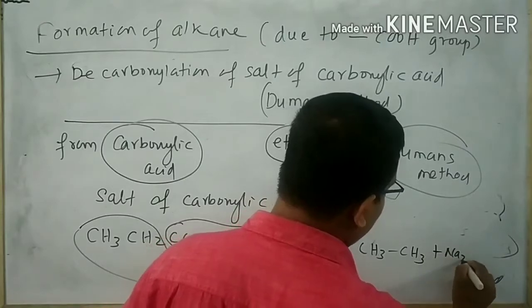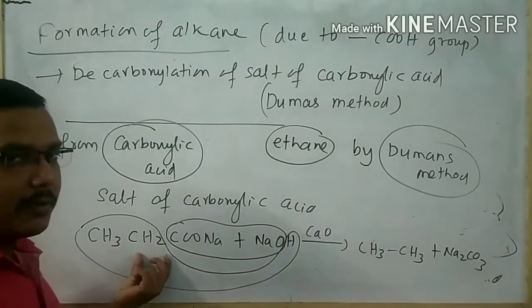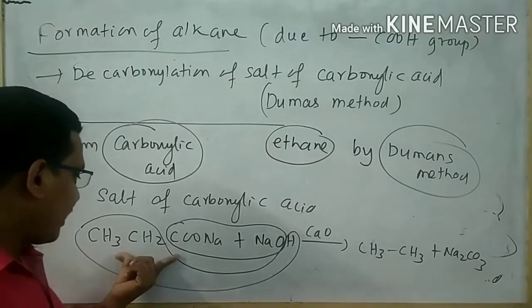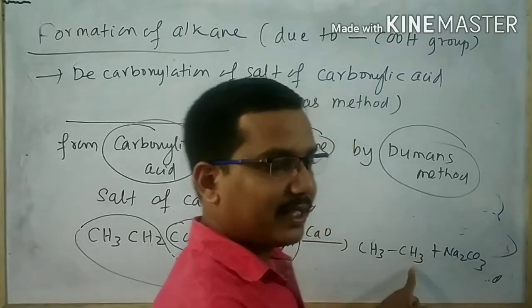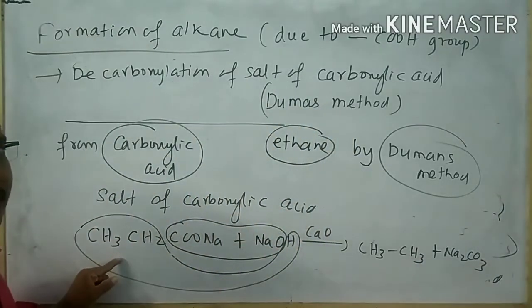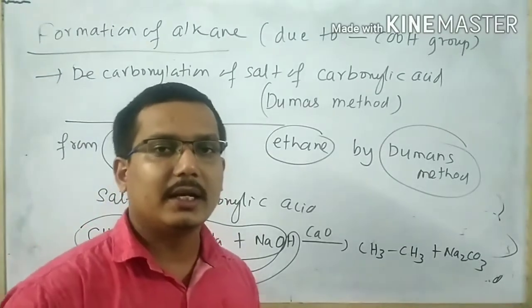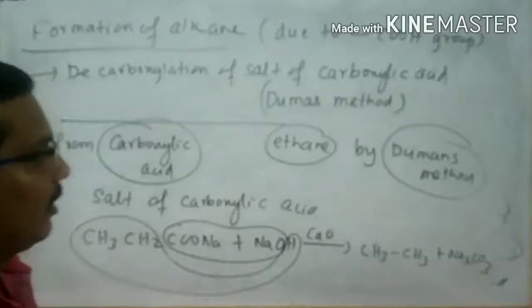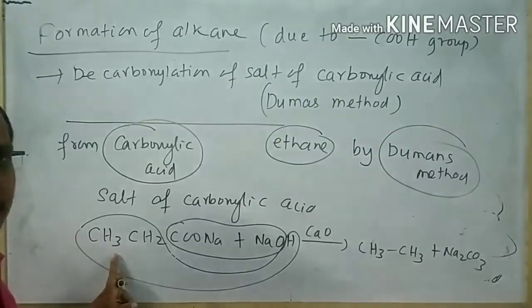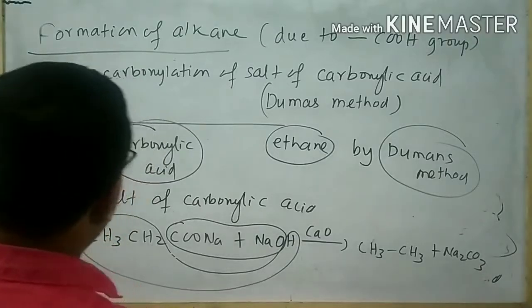Another is your byproduct, Na2CO3. Generally, in this reaction, there is a loss of carbon. In the reactant, there are 3 carbons present, but in the product, there are 2 carbons present. So it is one type of degradation reaction. Generally, this type of reaction is used in the descending type of conversion. So it is highly important from the point of view of conversion, which is also important in the exam.